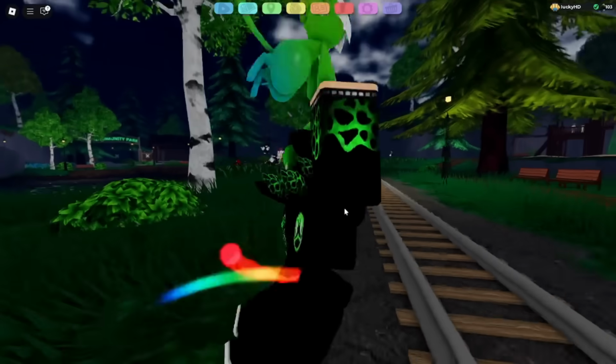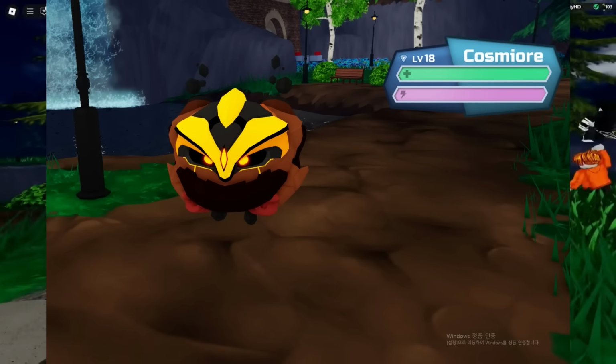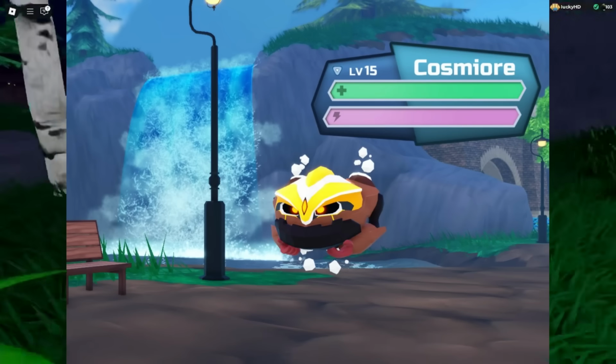Alright, now let's go ahead and talk about what the Cosmere colors are going to be this year. The Cosmere colors are going to be Black Cosmere and White Cosmere. Those are the new colors of Cosmere. However,